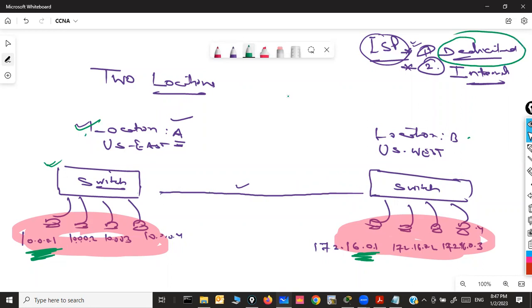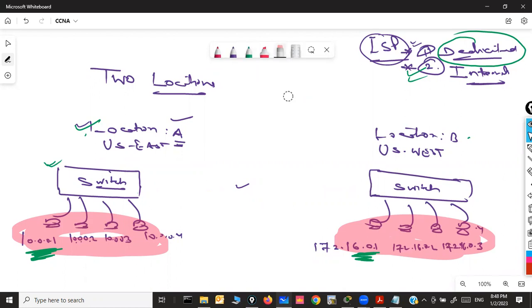Dedicated connection is the best way to connect different networks, but it is an expensive solution. We would have to pay a huge amount of money on a monthly basis, or maybe per annum. The internet is another transport method, so we can use the internet. But the point of discussion here is a bit different, right? Mainly, I'm not going to focus on these two methods. There are plenty of ways to connect different sites, but these two are the most common methods.